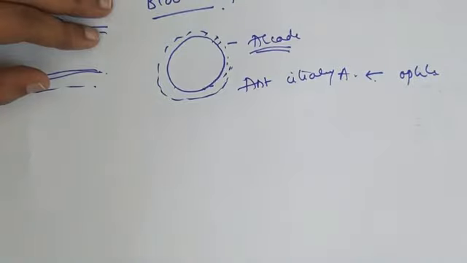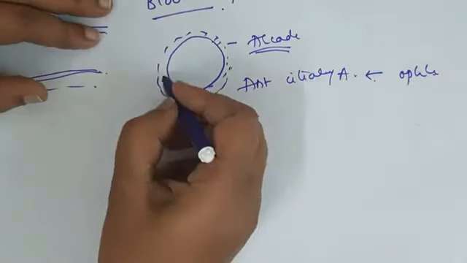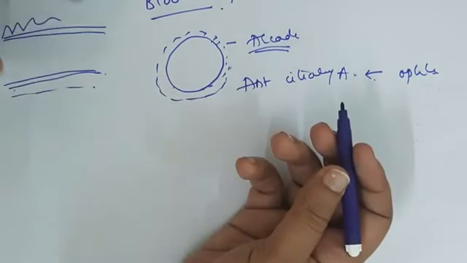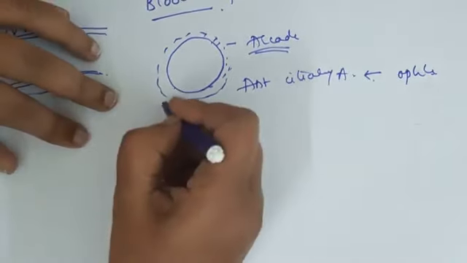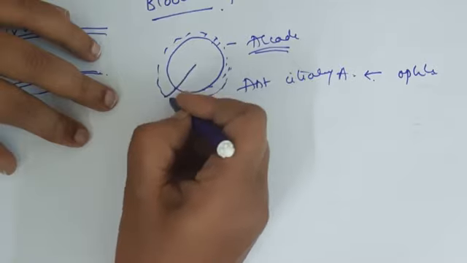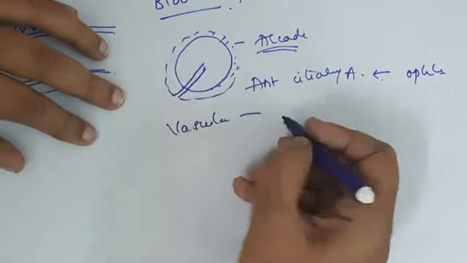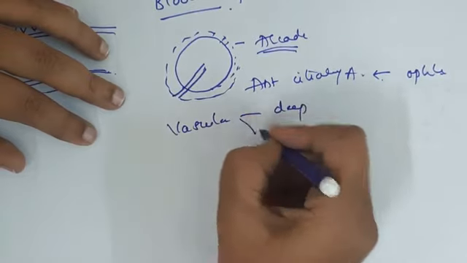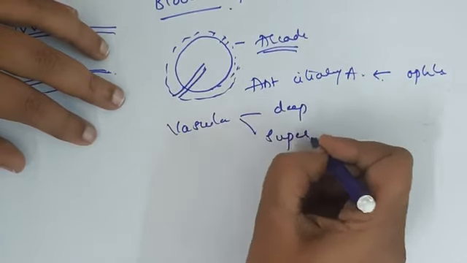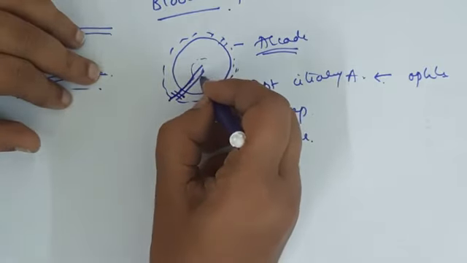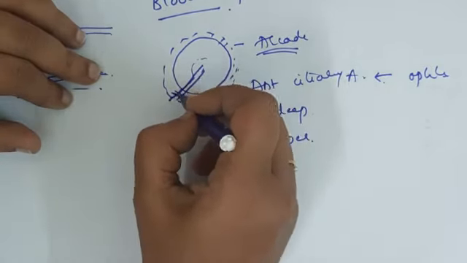Whenever there is some insult to cornea, say following some corneal ulcer, where the cornea needs more amount of nutrients and the antibodies from the blood, then the vessels will grow onto the cornea. Okay, so this is called as vascularization of the cornea, which can be either deep vascularization or superficial vascularization. So once this purpose is served, that is the corneal defect or the corneal ulcer is healed, the blood supply is cut off.